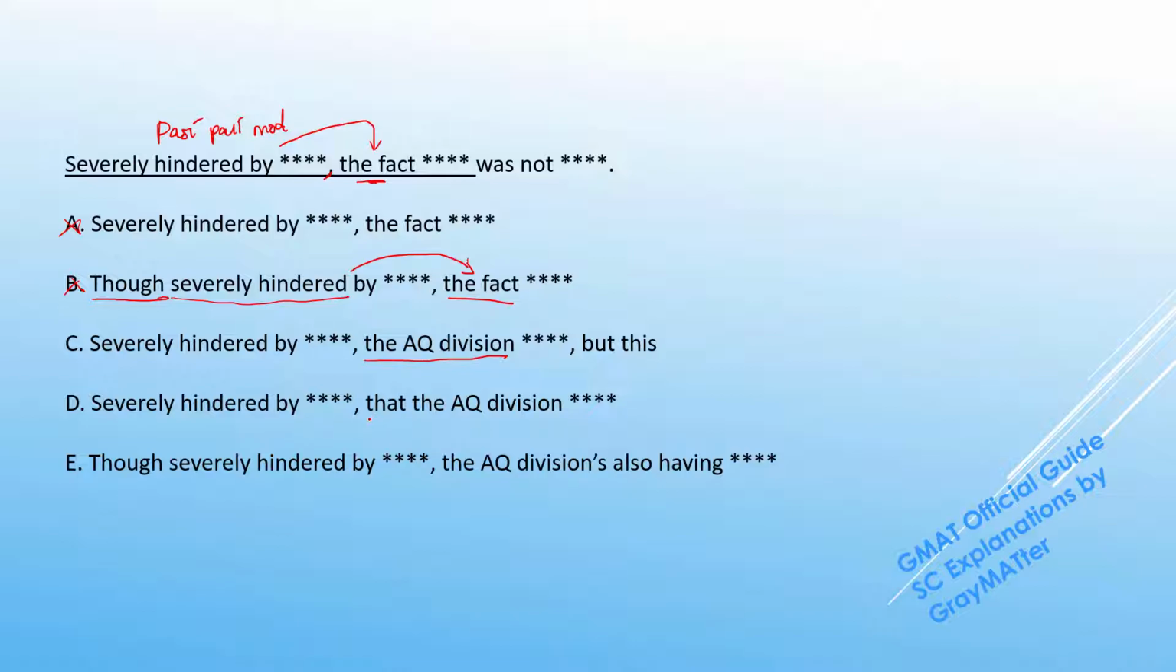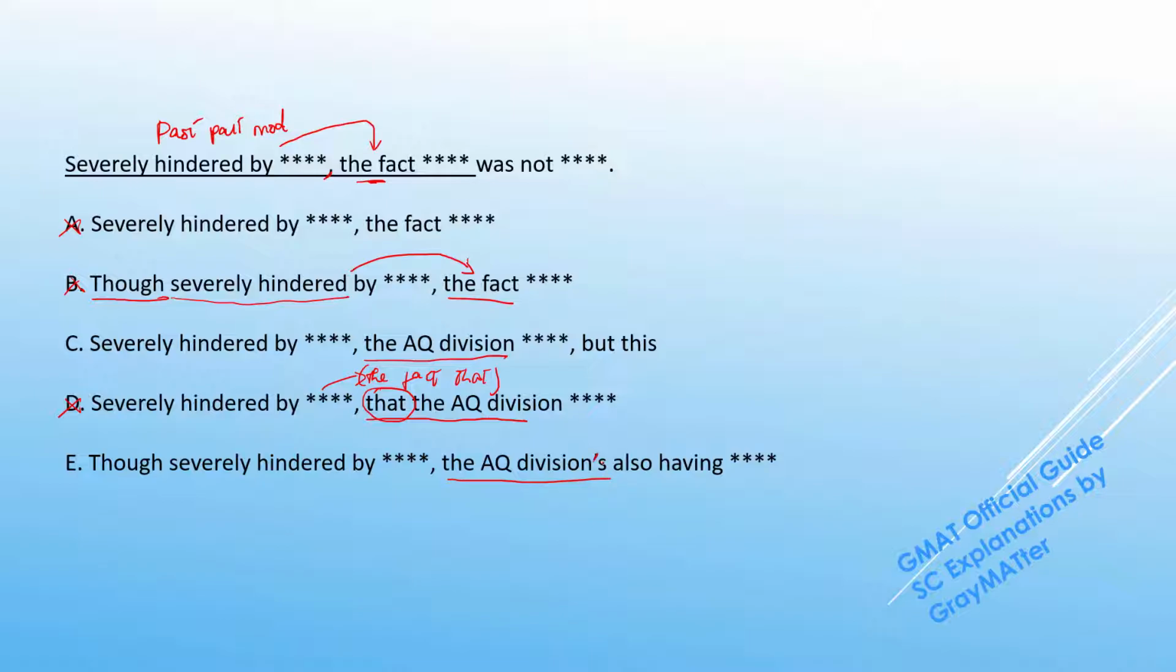Now, if we take a vertical scan close to the commas, we have C with the AQ division. We have D with "that the AQ division." Now, this might seem like a very awkward construction, but please remember that if you start a sentence or a clause with "that," it simply means "the fact that." So the fact that the AQ division did something. So the "severely hindered by" is still modifying the fact. So obviously D is illogical,